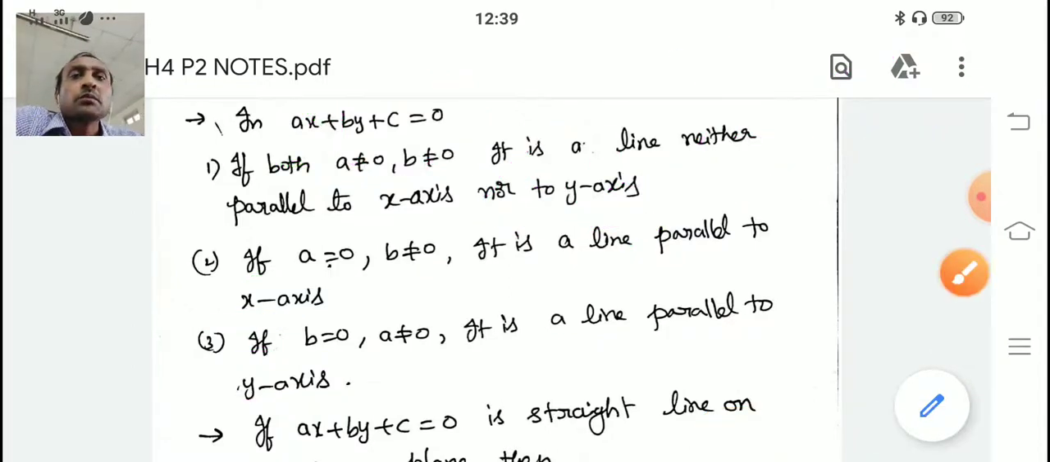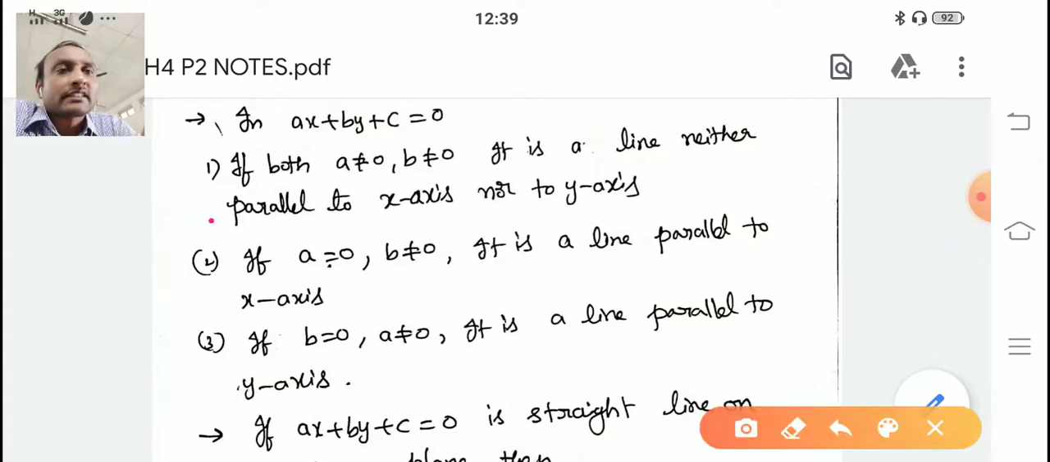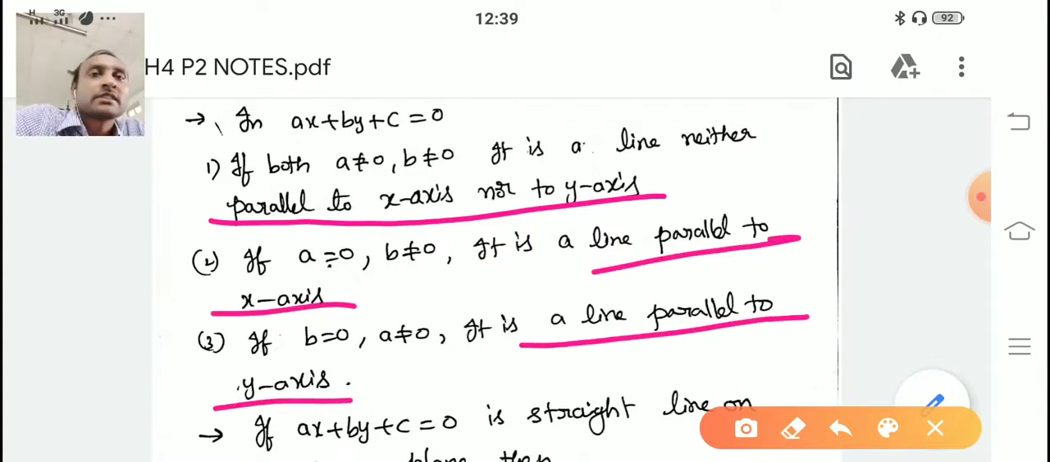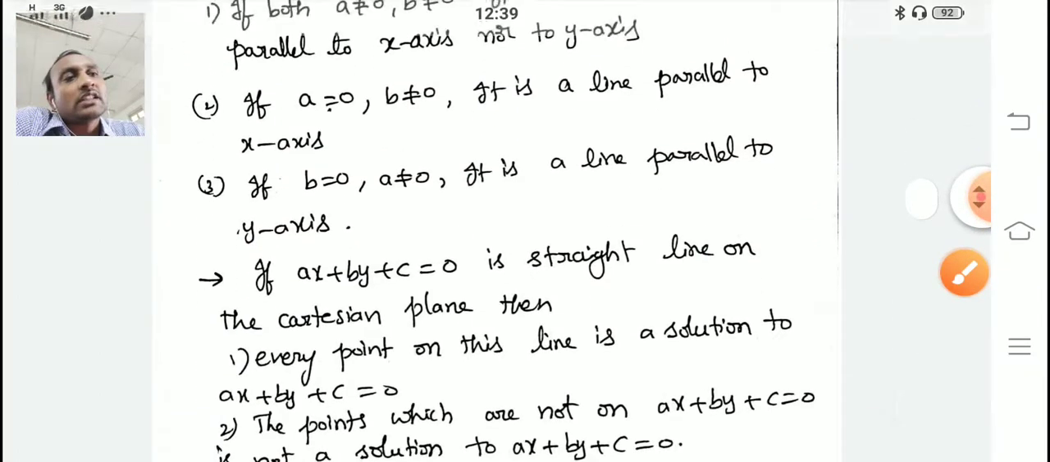We will take some examples and I will explain how a line is neither parallel to the x axis nor to the y axis, how it is parallel to the x axis, and how it is parallel to the y axis. With the examples you will understand more clearly. I have taken one example for each of them, and I have explained them below. Then next,